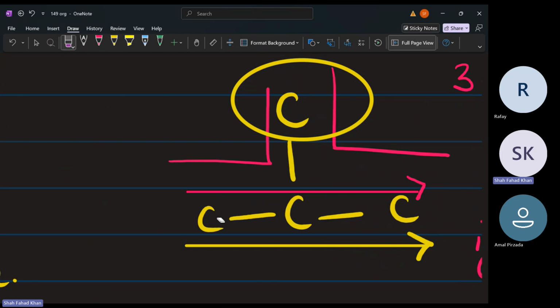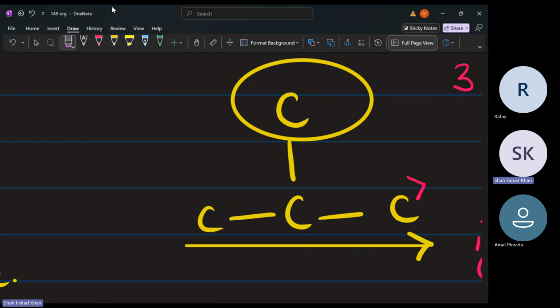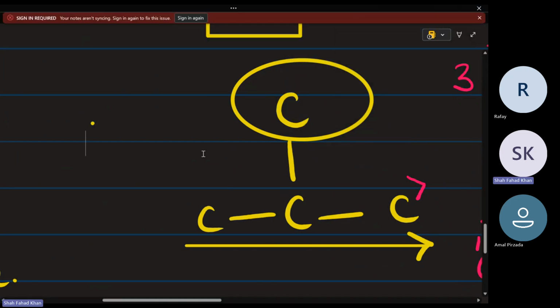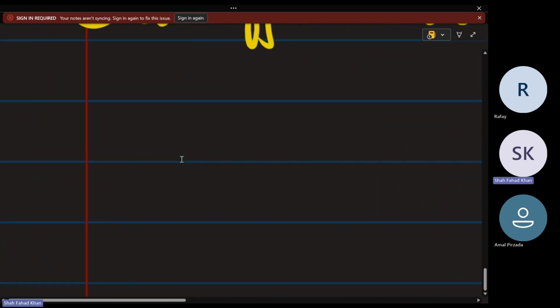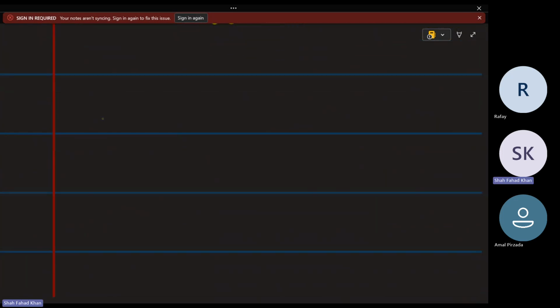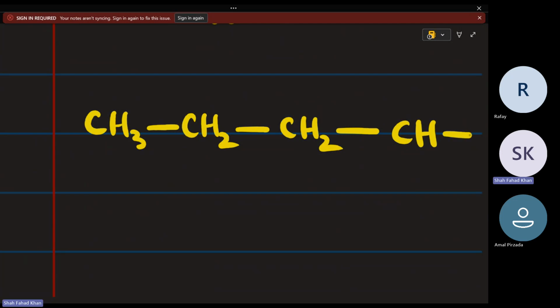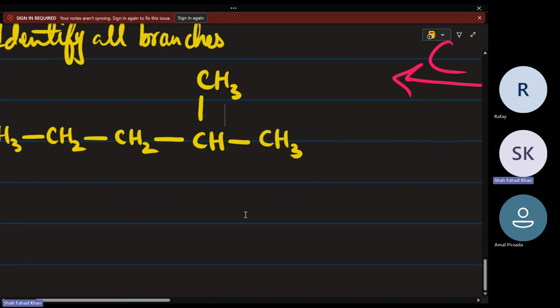Because it is outside the chain, we have to name that as a separate branch while we are writing down the name. Now, the naming is going to be a bit different, in which you have to identify the position and the type of all the different branches in the compound. For example, if you have a compound that looks like this, CH3, CH2, CH2, then CH, and then CH3, and there is a carbon atom attached to this CH3. Now tell me,